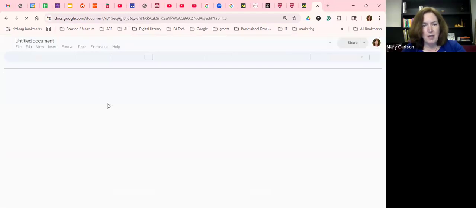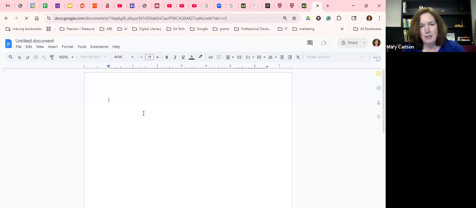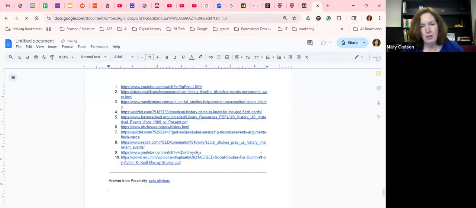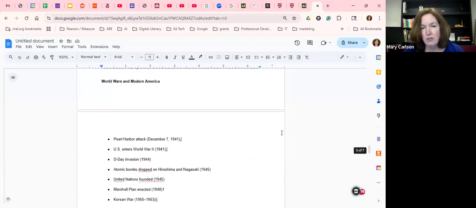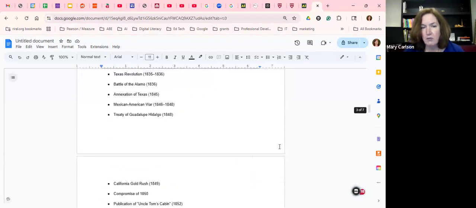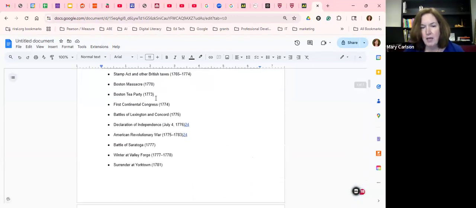And I open a blank document and I just paste it in. And that includes all of the links, and there's hot links. And so this is a great way for students to create a study guide for themselves that they can keep, they can edit, they can add notes to it. And then another feature